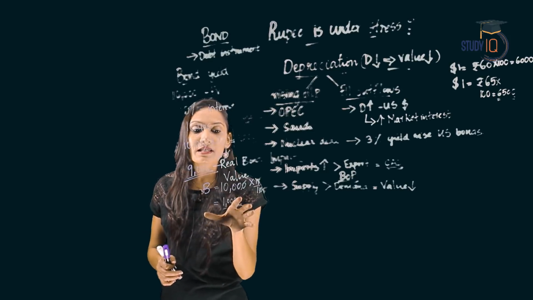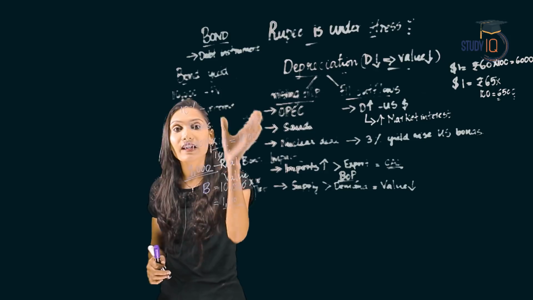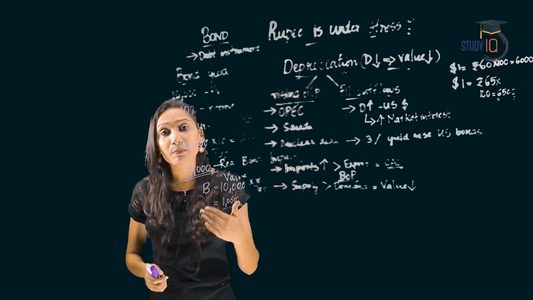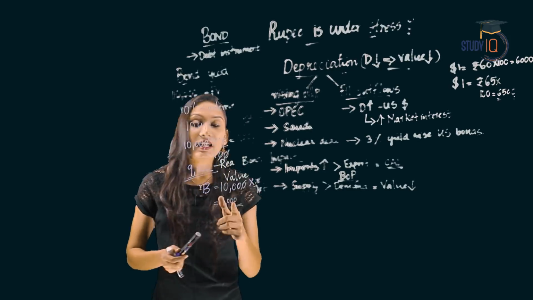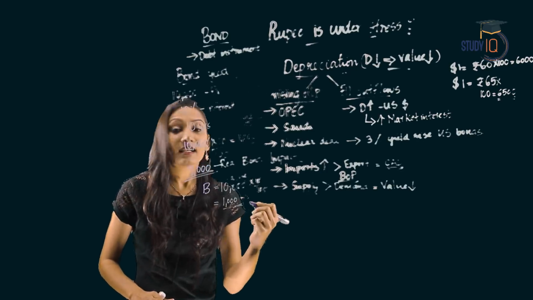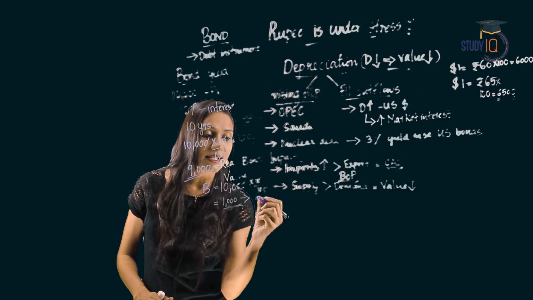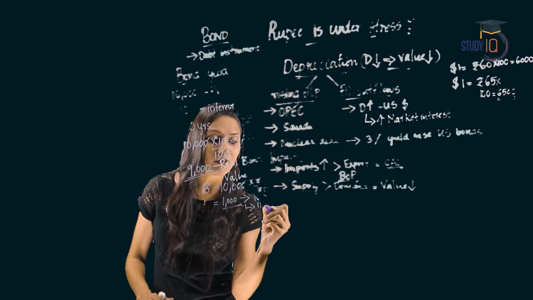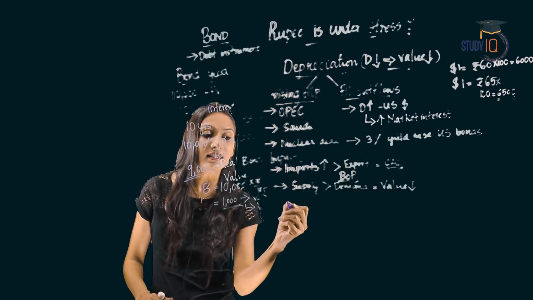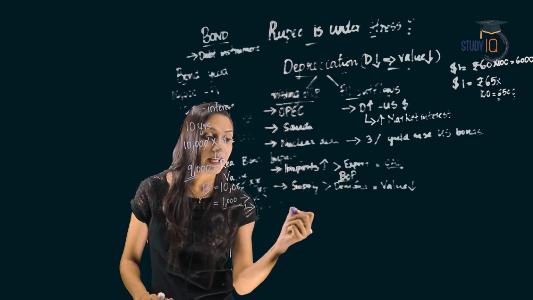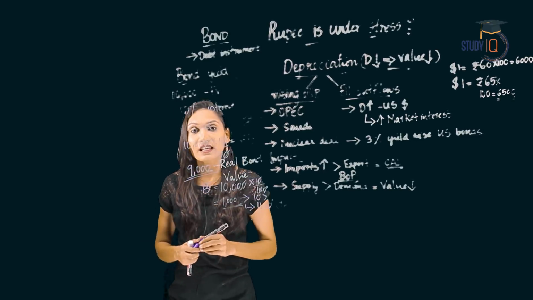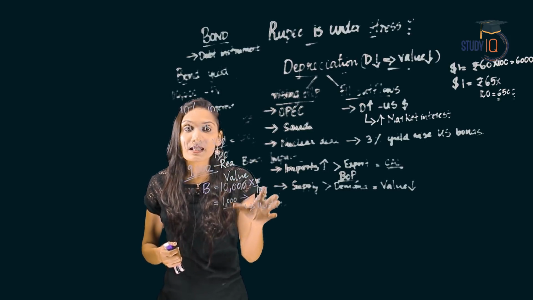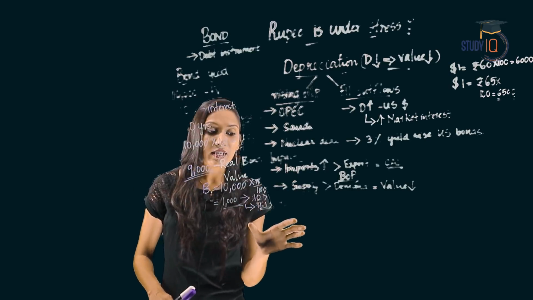Why is he earning 1000 rupees? Because the interest is calculated on the face value, not on the real bond value. Real bond value is the amount at which B has purchased the bond from the secondary market. So here he has earned 1000 rupees and this means that his return is more than 10%. His return is 11.1%. Why? Because he has earned this 1000 rupees from 9,000. He has only given 9,000 rupees. He purchased it for 9,000 rupees. So from that he is earning this 1000. So his yield is more or his return is more.